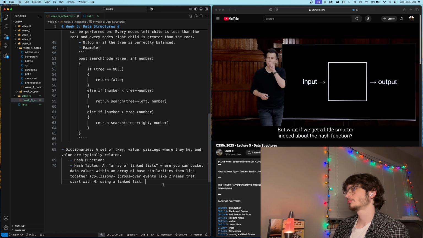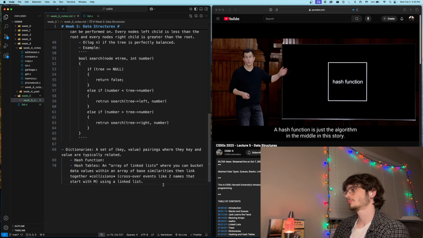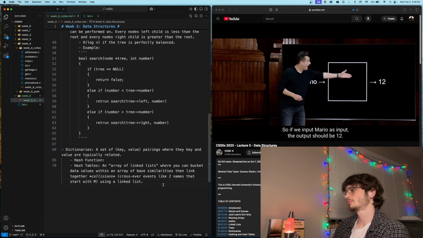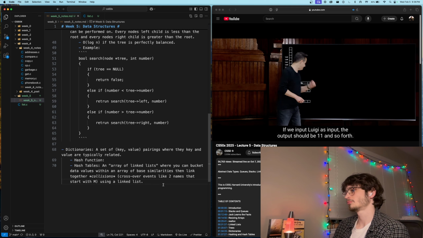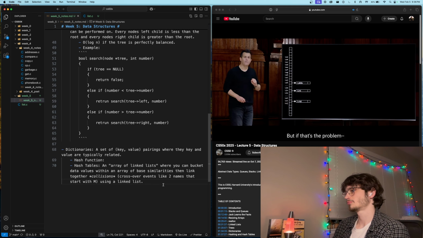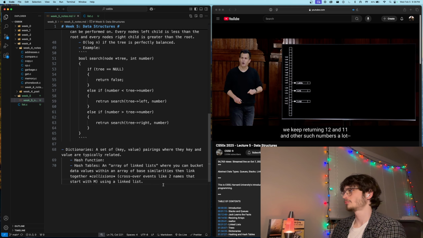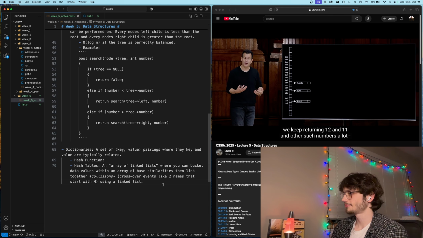But what if we get a little smarter indeed about the hash function? So here's how we describe problem solving all this time. A hash function is just sort of the algorithm in the middle in this story. So if we input Mario as input, the output should be 12. If we input Luigi as input, the output should be 11, and so forth. But if that's the problem, we keep returning 12 and 11 and other such numbers a lot, well, let's not